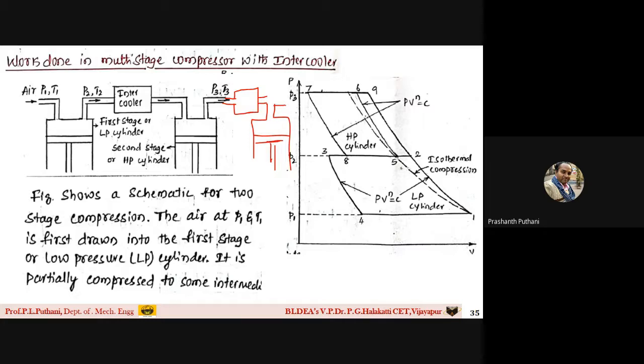So when it comes out of this cylinder, its temperature has suddenly increased. So always keep this in mind, students. The purpose of using the multi-stage compressor is that the compression of the air is carried out with the pressure increased at a constant pressure ratio, as well as a reduction in work input.